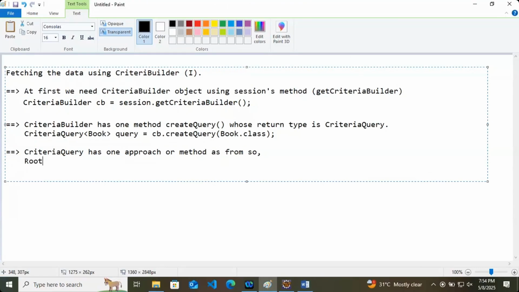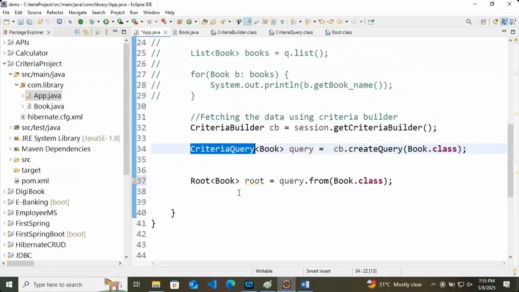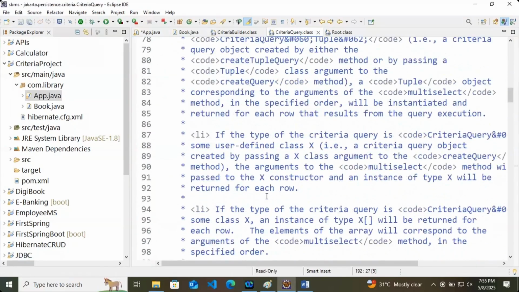So it returns root of book, root equals to query dot from book dot class, like this. And at last when you got the root, you can use this query to return you the select. So it has one select statement, right? Select.